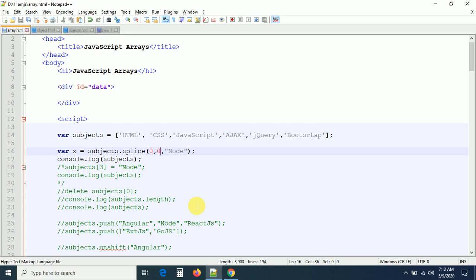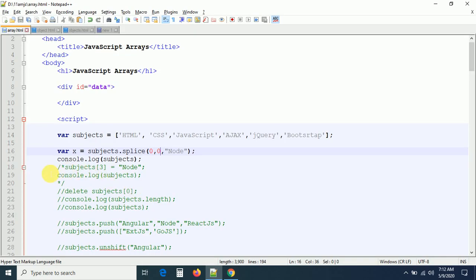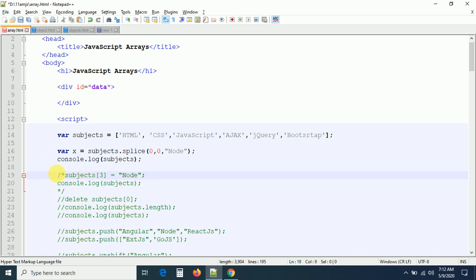HTML is there, right? Can you check this? What is our output here? So that HTML element is not going to be deleted. The HTML element will be there. Earlier, what happened if we write array of 0 something, like the situation we wrote? Can you see what happened if I write this?